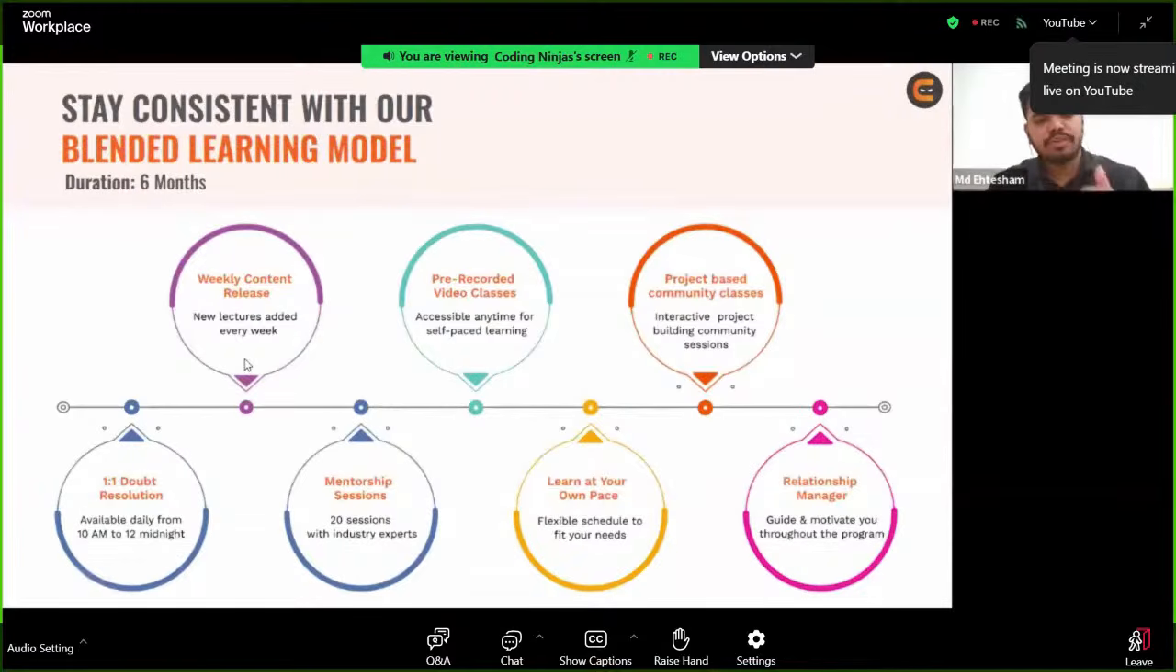Then you're going to have the weekly content release. What does that mean? After every lecture, if you complete one of the lectures, another lecture gets unfolded. But suppose some people want to study all the topics in one go, we can even provide you with that. Okay. Alongside that, you have a mentorship session. So this program is not just about learning or just about working on projects, but it also provides